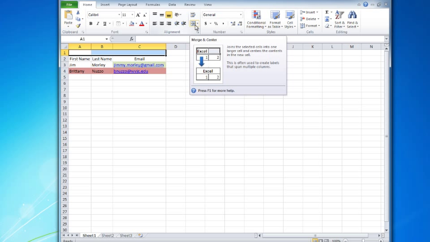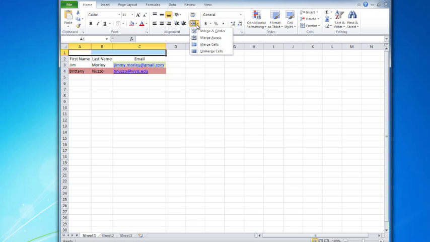So I can merge and center. I also have some different options. I can just merge across. I can merge cells. I can unmerge cells. But we're going to merge and center. And I'm going to put in here, we're going to call this the contact